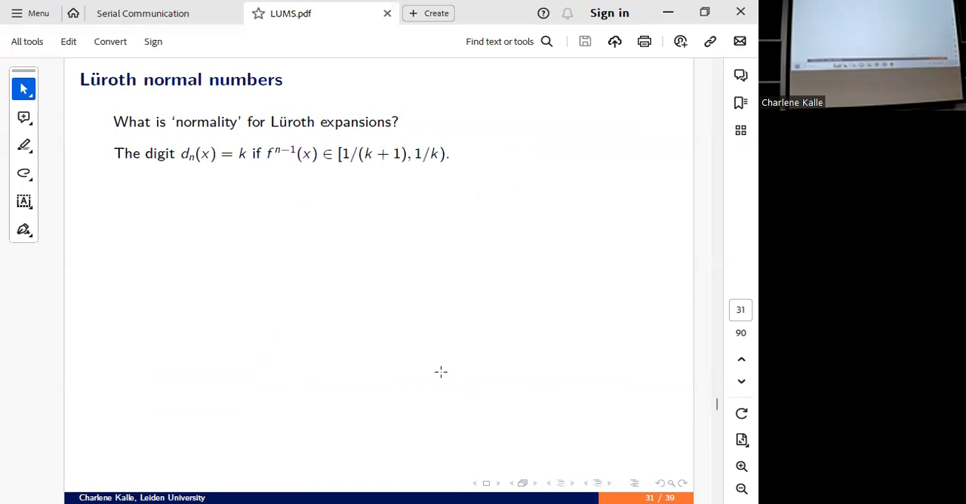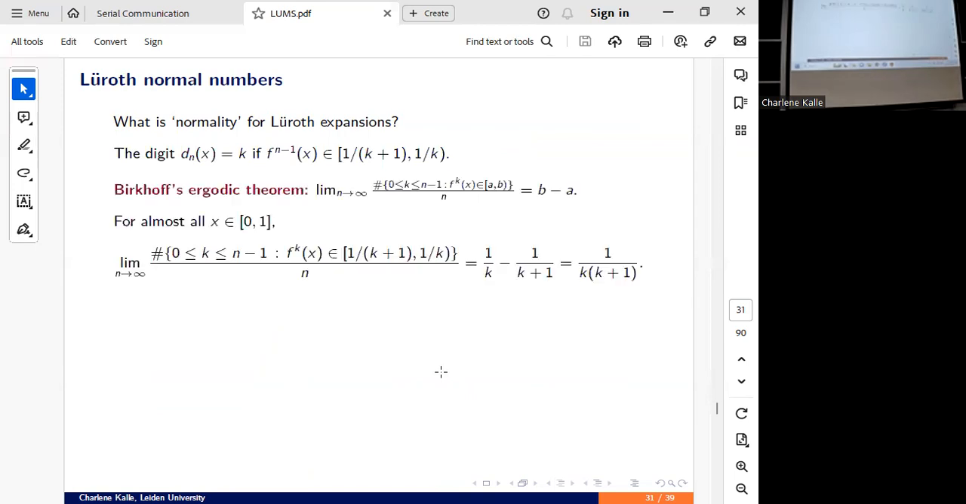So recall how you got the digits. Also recall Birkhoff's ergodic theorem, which looked like this. If we now apply Birkhoff's ergodic theorem to this system, then we get that for almost all x, the number of times that this orbit lands in this interval is precisely the length of this interval. So it's 1 over k minus 1 over k plus 1, which is 1 over k times k plus 1. And this says, given we have this definition of the digits, that for almost all x, we expect the digit